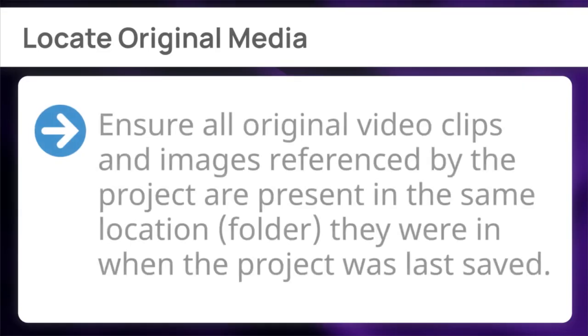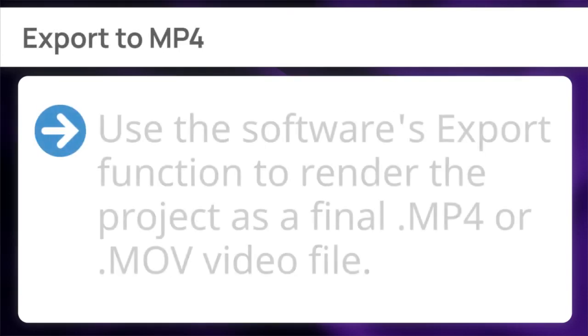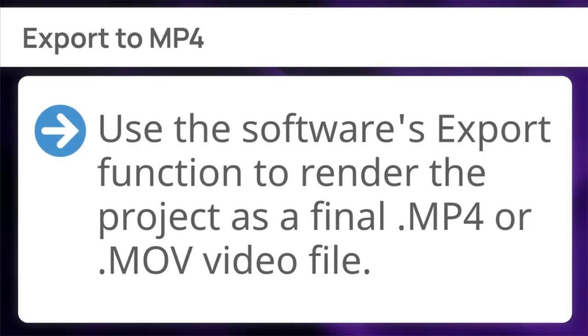Next, locate Original Media. Ensure all original video clips and images referenced by the project are present in the same location, folder they were in when the project was last saved. Finally, export to MP4. Use the software's export function to render the project as a final MP4 or MOV video